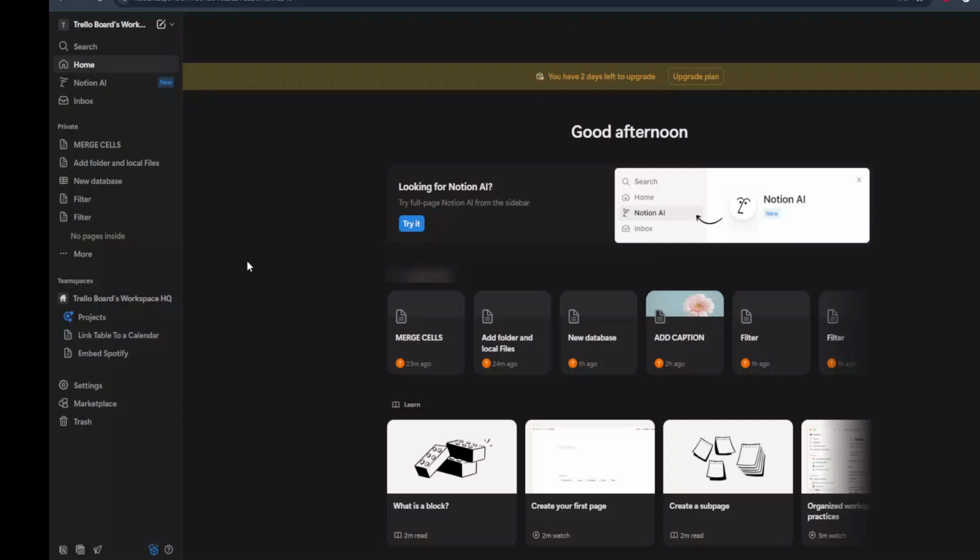In today's video, I'm going to teach you how to add two-step verification to your Notion workspace. This is a great way to add an extra layer of security to your account, ensuring that your information and your workspaces stay protected. Let's dive in and walk through the process step by step so you can follow along